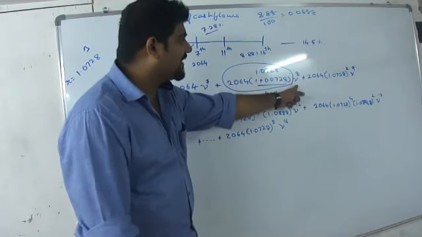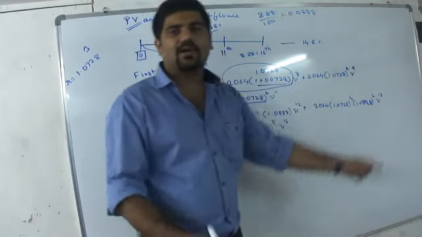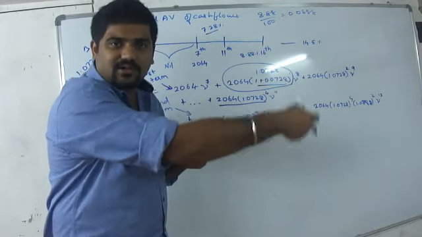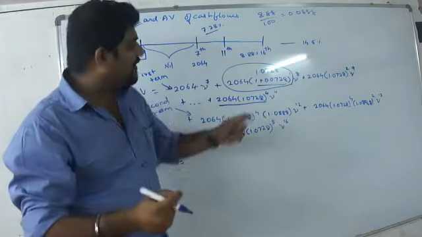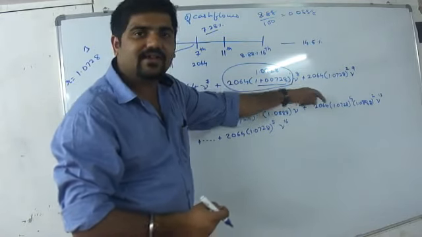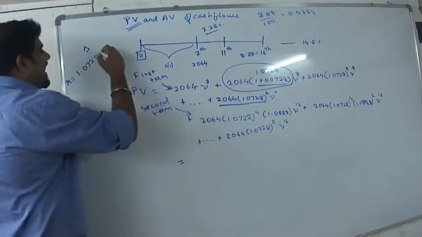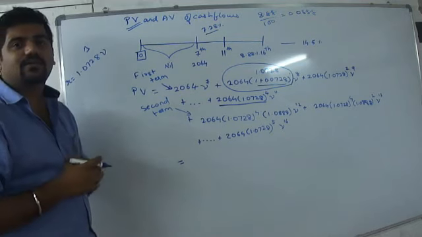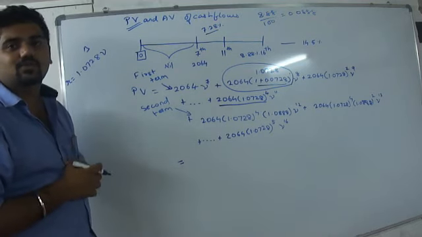एक न्यू भी मल्टीप्लाई एक्स्ट्रा हुआ, इधर भी न्यू एक्स्ट्रा मल्टीप्लाई हुआ. In every term, every consecutive next term is being multiplied with 1.0728 as well as nu, that is our discounting factor. So my R, my ratio, is nothing but 1.0728 into the discounting factor nu.